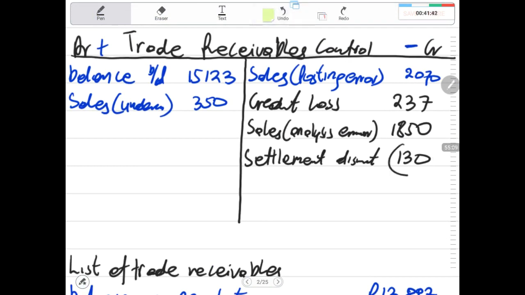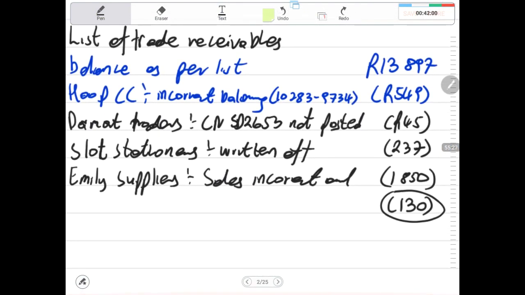The fact that the 130 and 1,850 is on the credit side is an indication that we are decreasing our customers because one of the customers has paid us. So you don't write signs meaning negative or positive in the ledger account. You only write the sign in the note or in the list of debtors in this case. So now we need to reduce the account of the customer by also the discount that we have granted to him. So now we have Emily